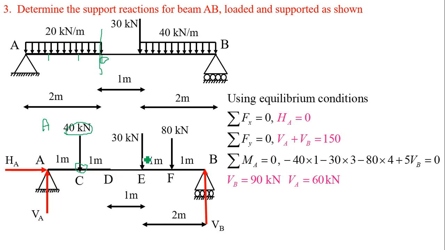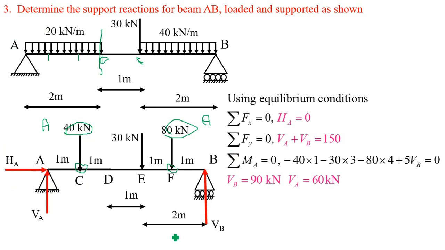Then next, 1 meter, a 30 kilonewton load is applied. Again in this BE, a load of 40 kilonewton per meter. Converting this into a point load, the value will be equal to the area of this, height is 40, length is 2. So 40 into 2, 80, and the location is again the CG point. The total is 2 meter, CG will be at half, 1 and 1. So 1 meter, 1 meter. In this way we have to convert this UDL in terms of a point load.